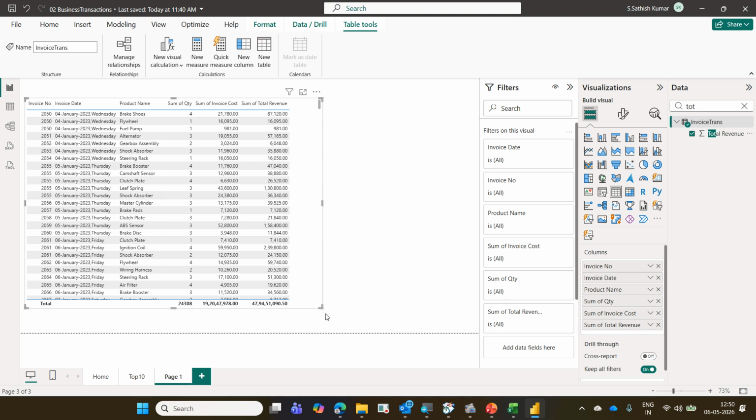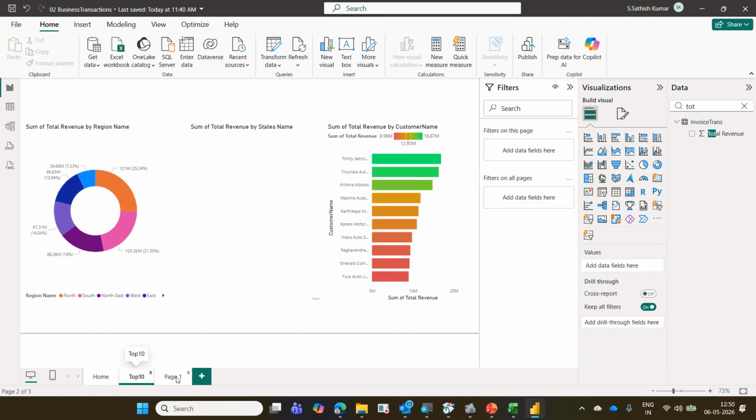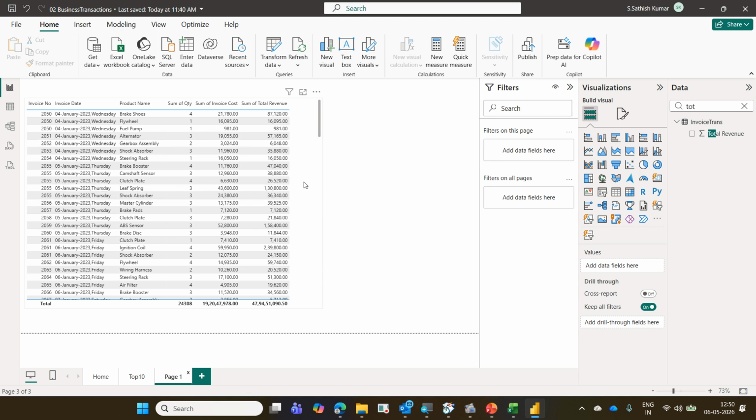So creating visual is also very important. Sometimes creating a table like this, people will ask just a data, just a table. Wherever the revenue is more, I want to give some identity here.